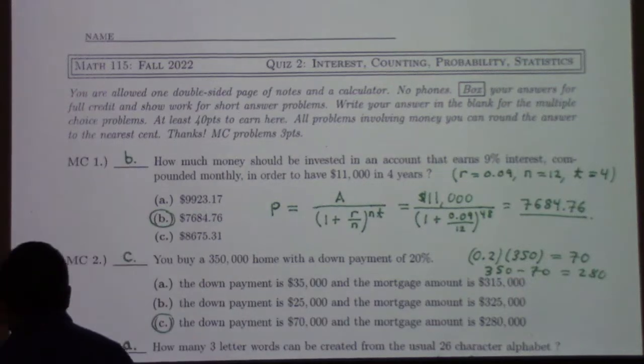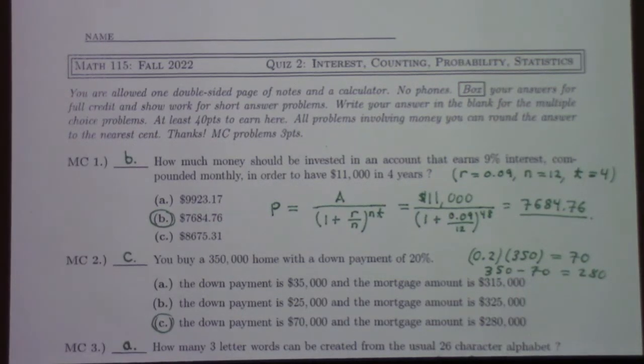So here, this one, identify that the interest rate is 0.09, the number of compounding periods is 12, the time is 4, and as such, we get this formula here,